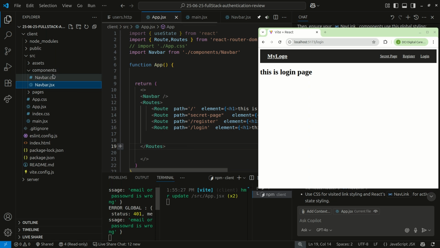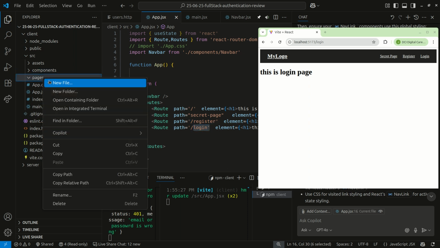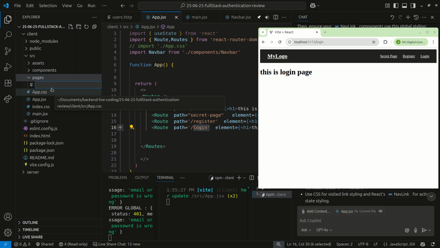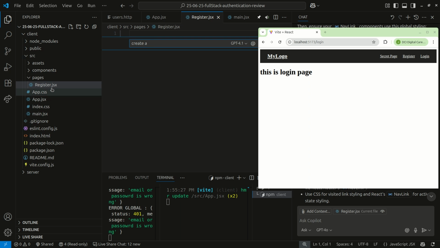All right. So inside of pages, because now we want to show a page, that's why it goes here. Let's create a page component of register.jsx. I want to tell our copilot to create that, and you can take it. Create a register form component